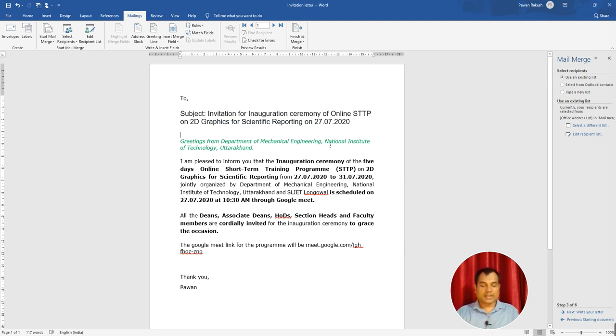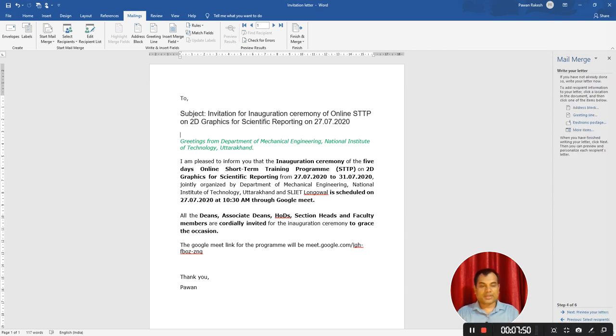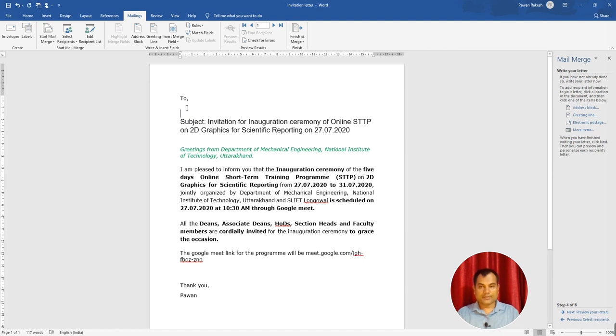Now I have created this address book. Then if you have another list, you can select it from a different list or edit this recipient list. Next I will write the letter. So next I want to write a letter. My draft letter is ready, but I want to add an address. So I want to add the address here.